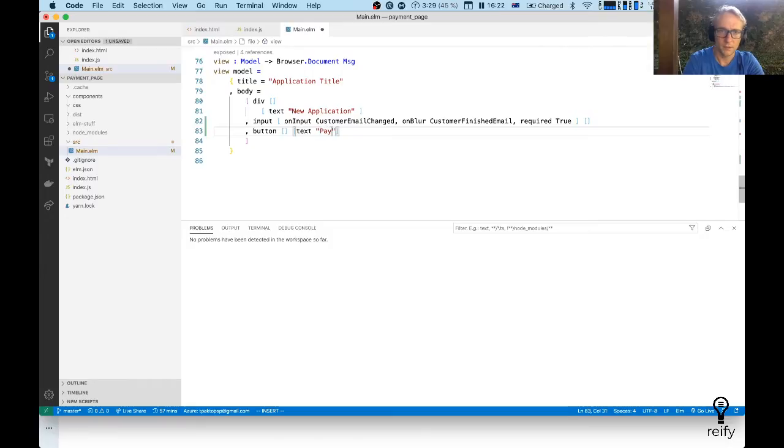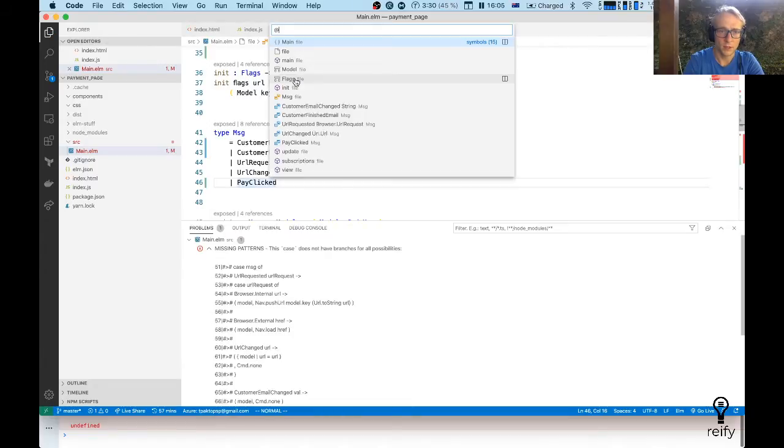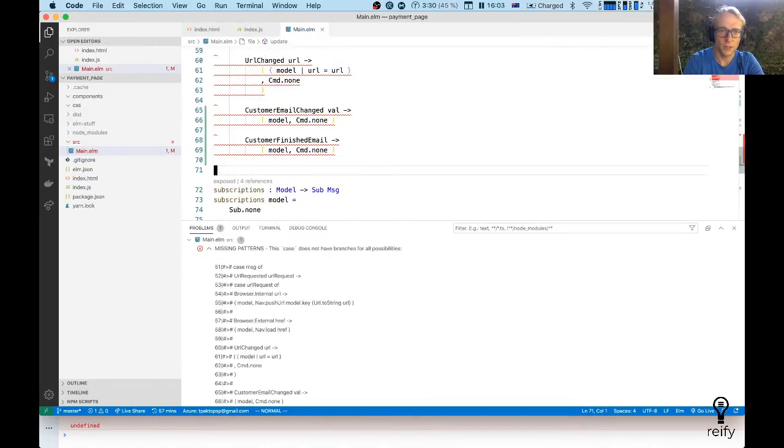And that button is going to say on click, pay click. We're going to go back to message. If I save, it's going to say, I don't know, was pay clicked. I'm going to add pay clicked here. Now it's going to tell us, I don't know where or what to do in case of pay clicked. So we say pay clicked